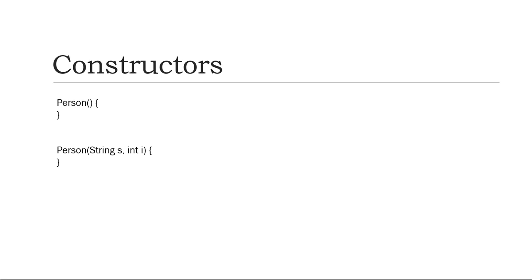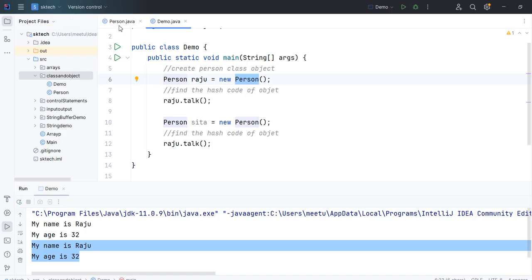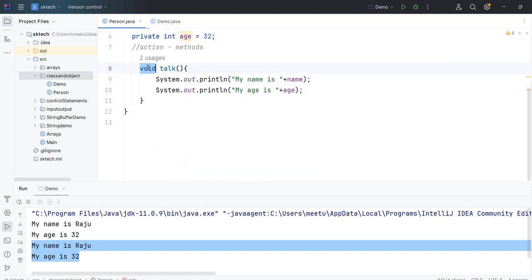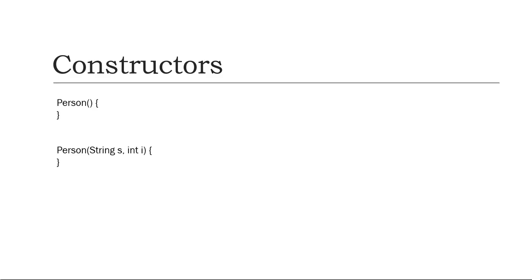Let's see the third property of the constructor. A constructor does not return any value. We have observed that a constructor is similar to a method, but a method can return or not return a value, whereas a constructor cannot return any value. Even if you write void here, that is not valid. If a method does not return any value, we usually write void, like we have seen here. But in the case of a constructor, we no need to write it, because a constructor does not return any value.